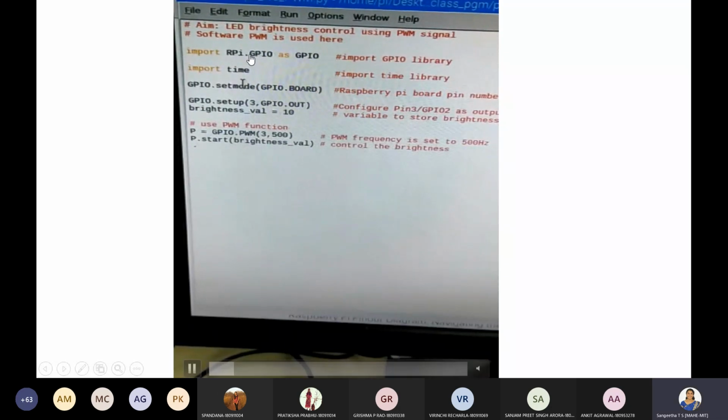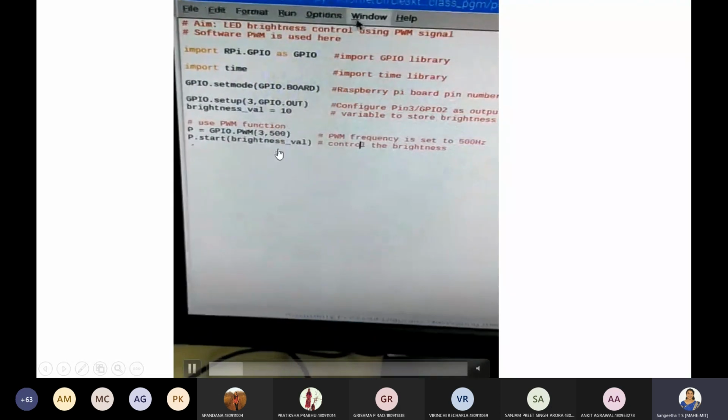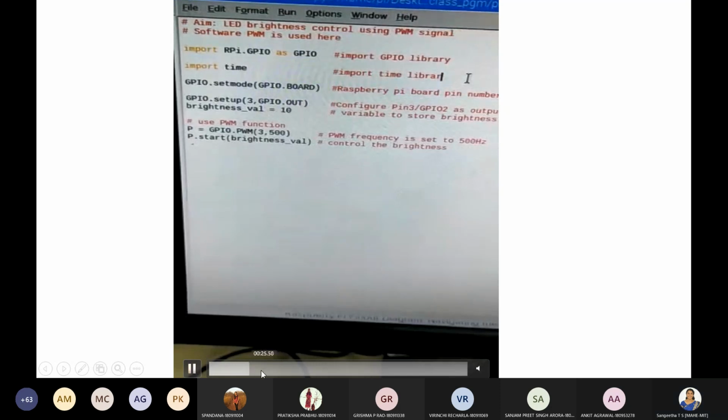We have import GPIO, then the time module imported, then set the pin as output, and the brightness value here. Initially the brightness value is 10. I have kept 10 so that you will be able to identify the change in brightness with the percentage value. So let us see that.